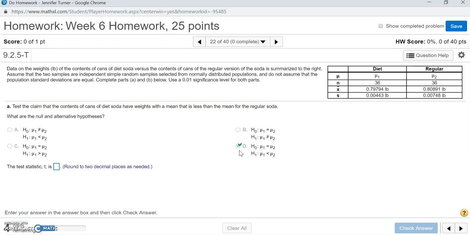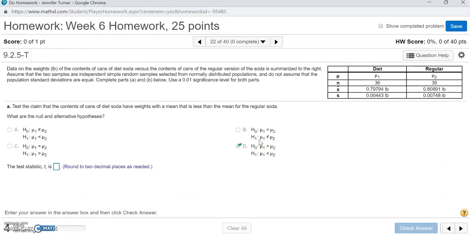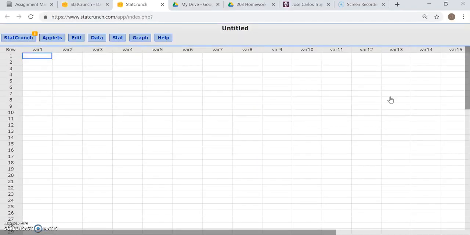So now we need to find the test statistic, and this is very, very easy to do with StatCrunch. When you open up StatCrunch, as I have over here, what we have to remember is that we're doing a hypothesis test here for two means where we were given some summary information. They told us how big the sample was, that's n. They told us the mean of the sample, that's x bar, and they told us the standard deviation of the sample. So in StatCrunch, to conduct this hypothesis test, we're going to go to Stat,